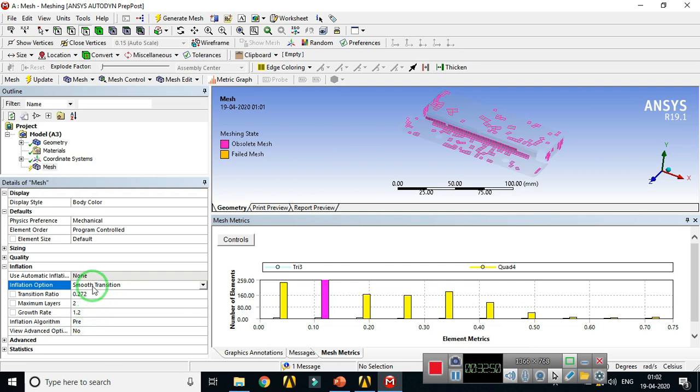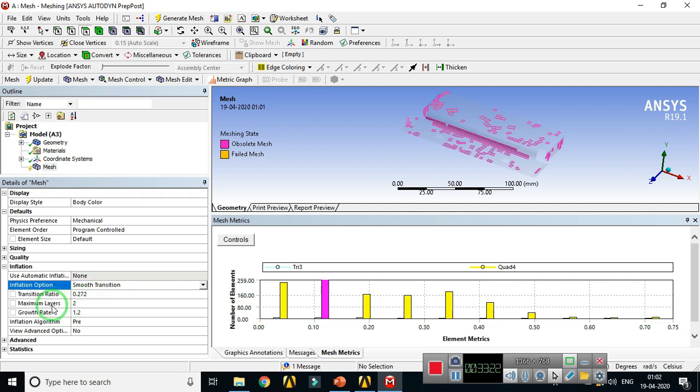When you keep smooth transition as your default setting, there are subsettings available for this type of setting. The first is transition ratio. We know what is meant by transition ratio, and for this we have a range from 0 to 1, and your default value is 0.272. Similarly, the next subsetting is maximum layers.